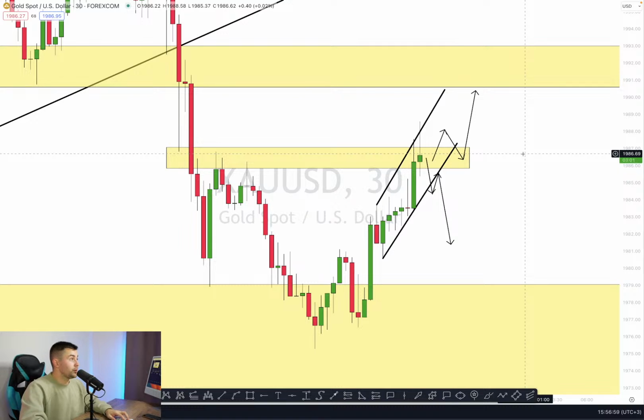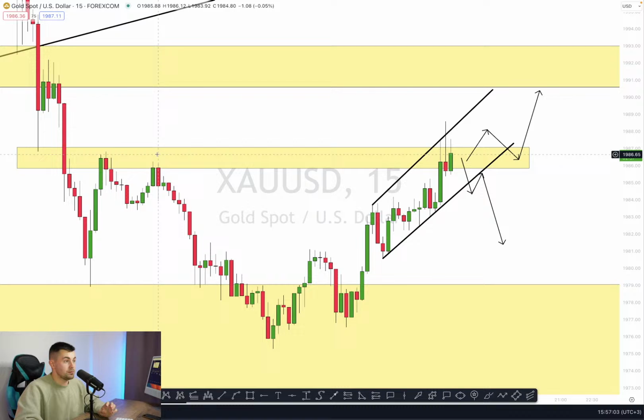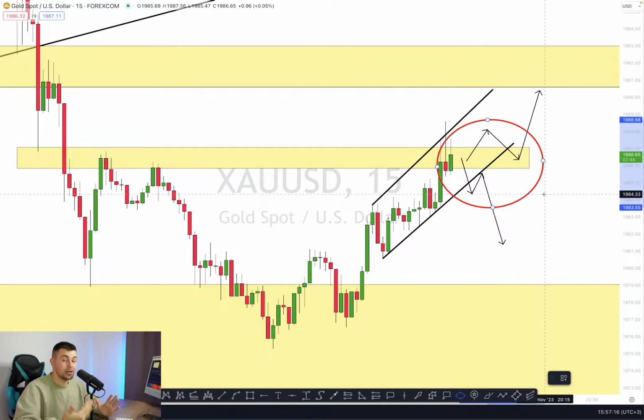So you can see that we make all our predictions relying on structures. You can see that we have a strong resistance right here, and for now definitely that minor resistance is important for the market participants. And depending on the reaction of the price to that, we build our scenarios. We follow the reaction of the price to key levels, and after the reaction we decide whether we are buying or whether we are selling.